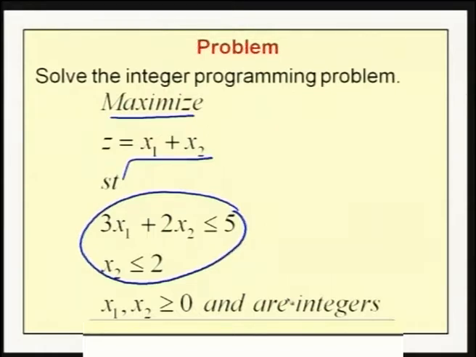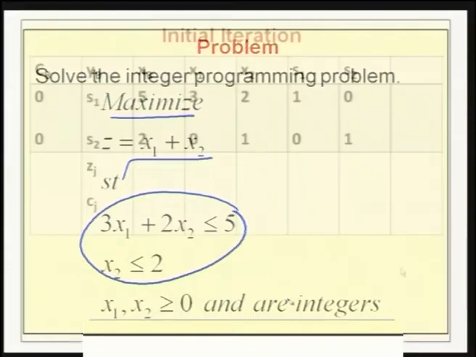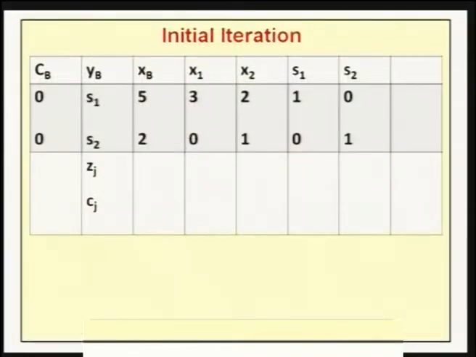By rewriting this LPP into standard form, we will get the first initialization. In this one, we already identified that this 3 is our pivot element and we have to convert this 3 into 1 and the remaining elements in the column into 0. So, in the initial iteration, our entering variable is x1, the leaving variable is s1 and the pivot is 3. In the next step, we have to convert this 3 into 1 by dividing the entire row by 3.